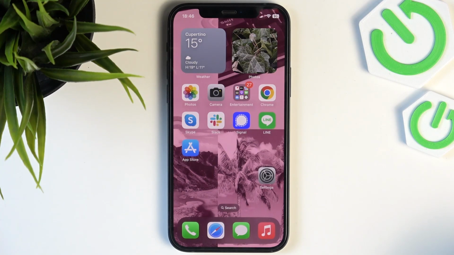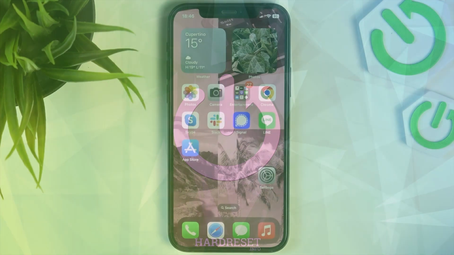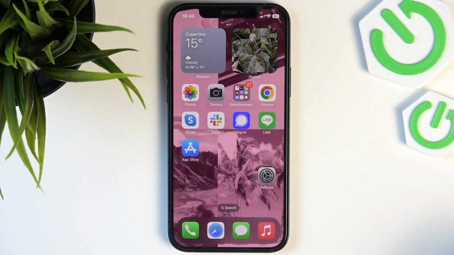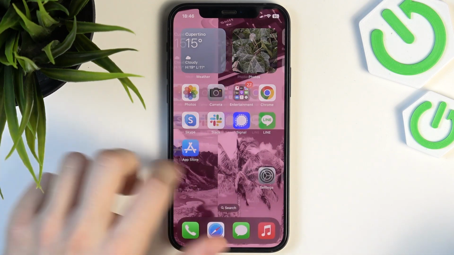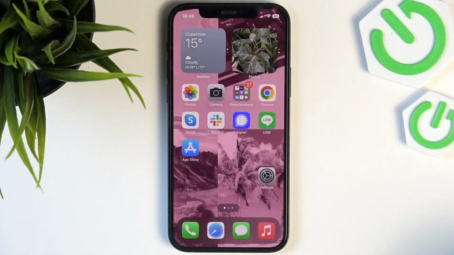Hello, in this video I'm gonna show you how to fix the Discord app if it's not working on your iPhone. If there is any issue connected with the Discord app, then these 5 simple solutions in the video should for sure help you. And the first one, as you can see, I have the Discord app right here, is updating